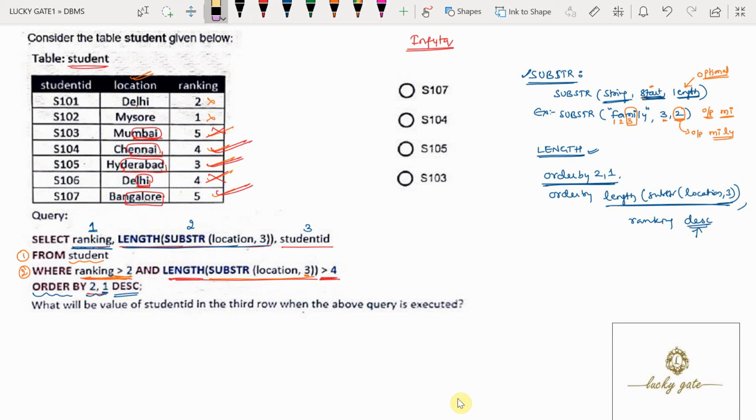And here the number of characters is 1, 2, 3, 4, 5, 6, 7, greater than 4, true. So which tuples are selected? Here only these 3 tuples are selected, remaining tuples are not selected. Okay, these 3 tuples satisfy the conditions, that is S104, S105 and S107 tuples are selected for the output. After selecting these 3 tuples, it is going to sort these 3 tuples in the order by of 2 comma